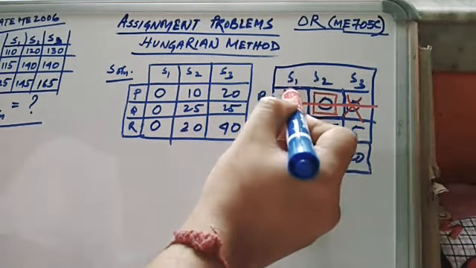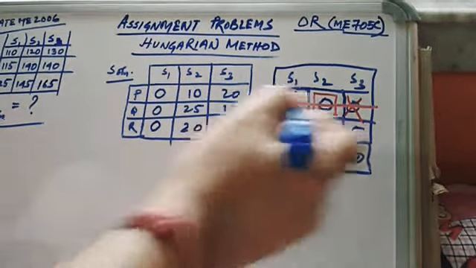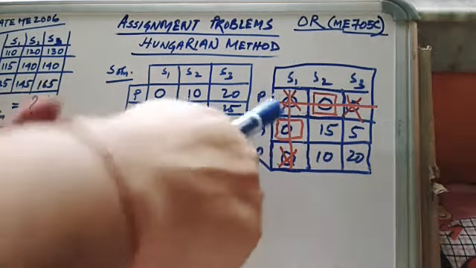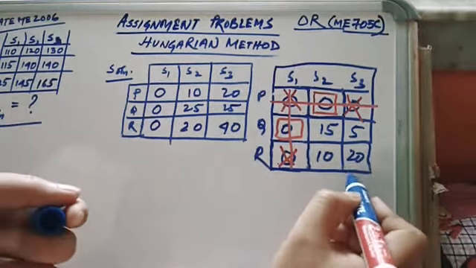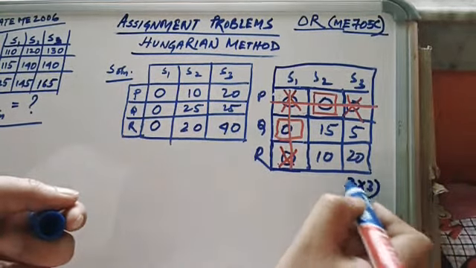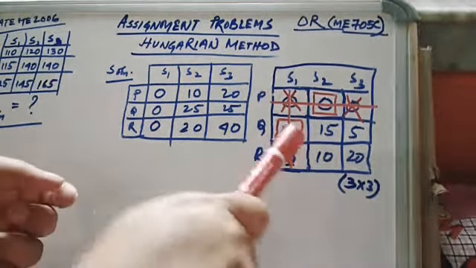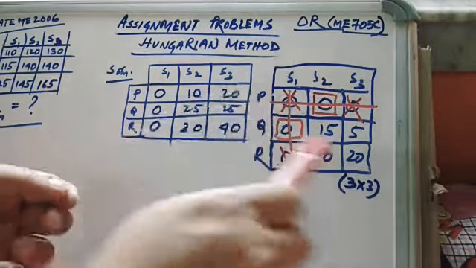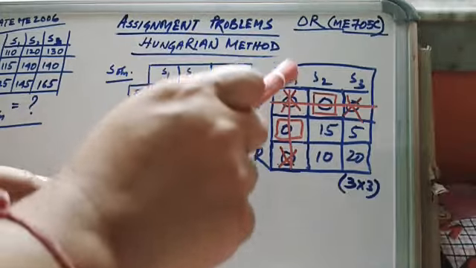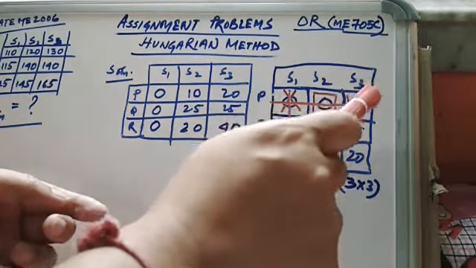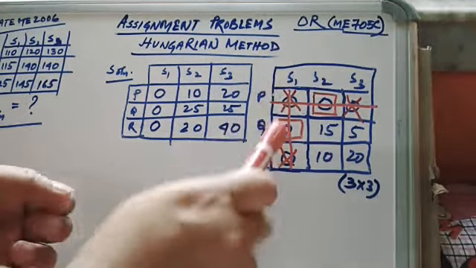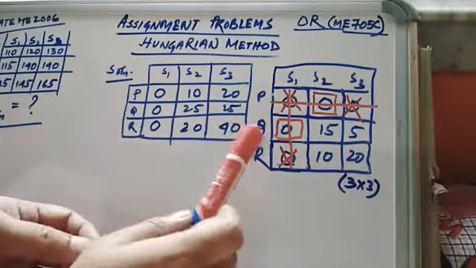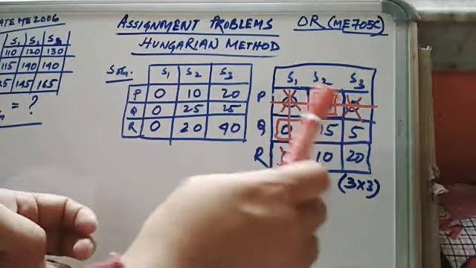This is a straight line. Okay, so you have to join. Now you can see that over here this is a 3 into 3 matrix, but assignment over here is only 2. After performing row operation as well as column operation, to make sure that each and every column and row has at least one 0 in it, we still cannot assign 3